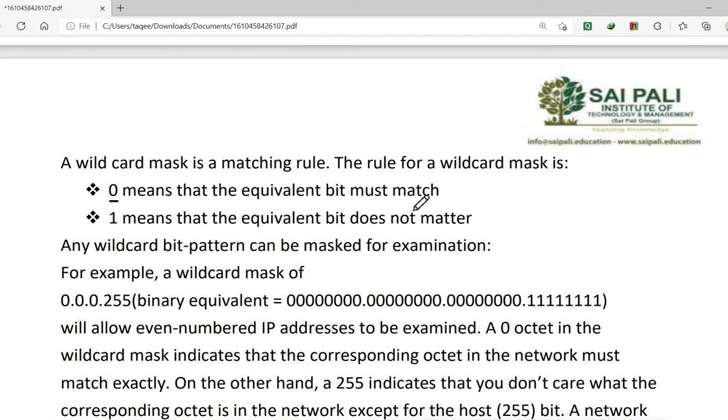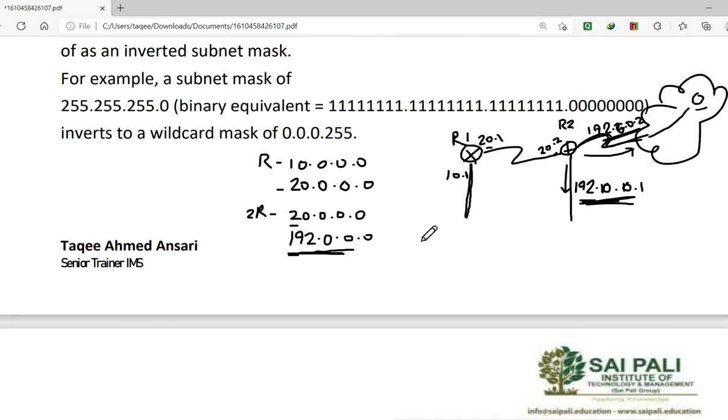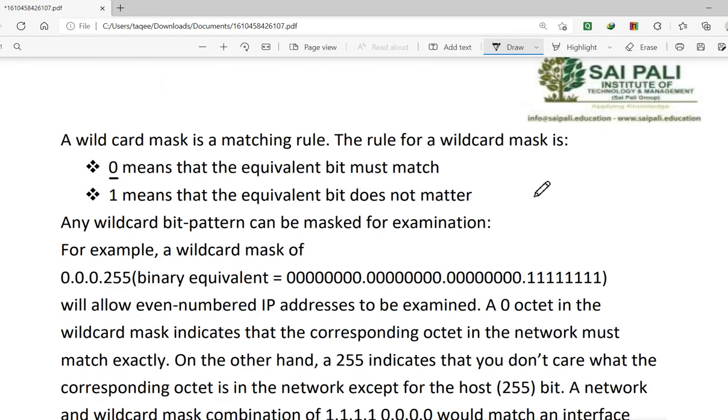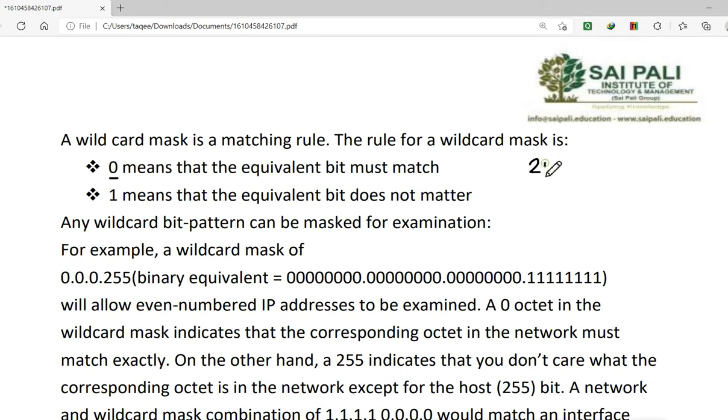That means to enable the routing protocol on that interface, the bit must be matched, and 1 means that the equivalent bit does not need to match. Suppose we have two networks, or these are two IP addresses. Suppose we have network 20 here,